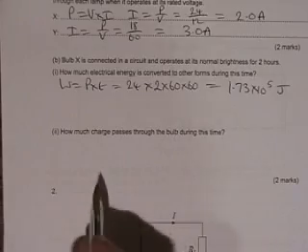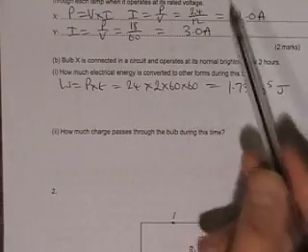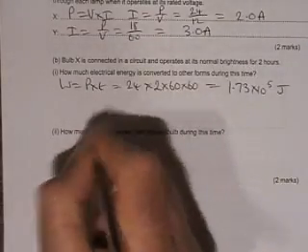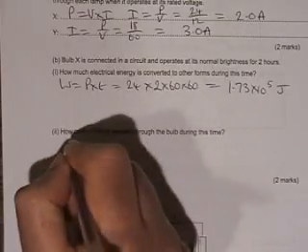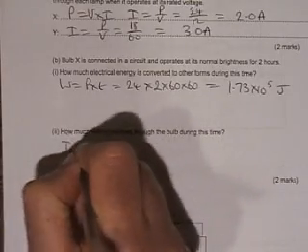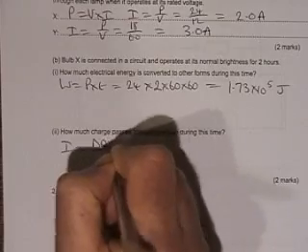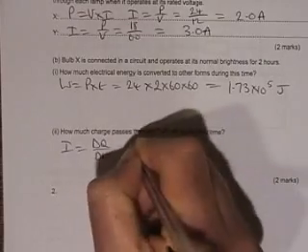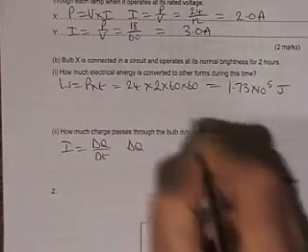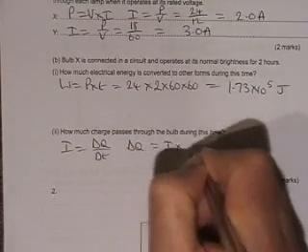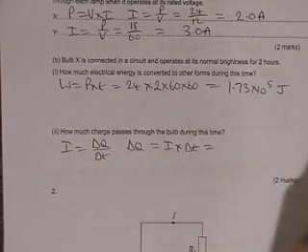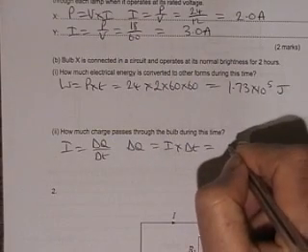How much charge? Well, we know about current, we know about time, we ask for charge. So current equals the charge moving divided by the time, which we can rearrange. So delta Q, the amount of charge that flows, equals I times delta T, which is